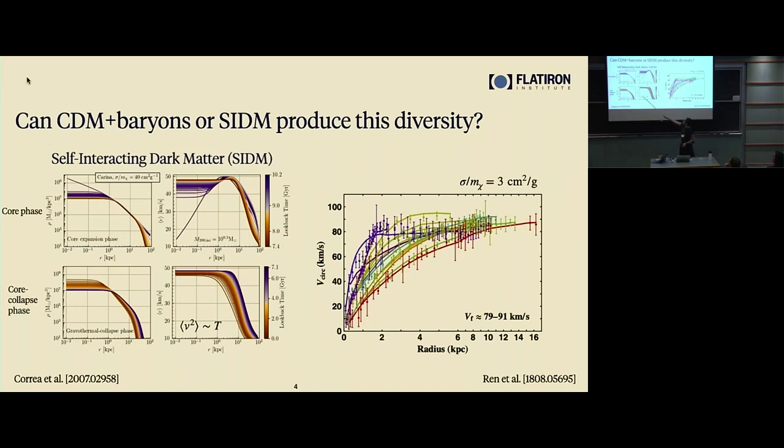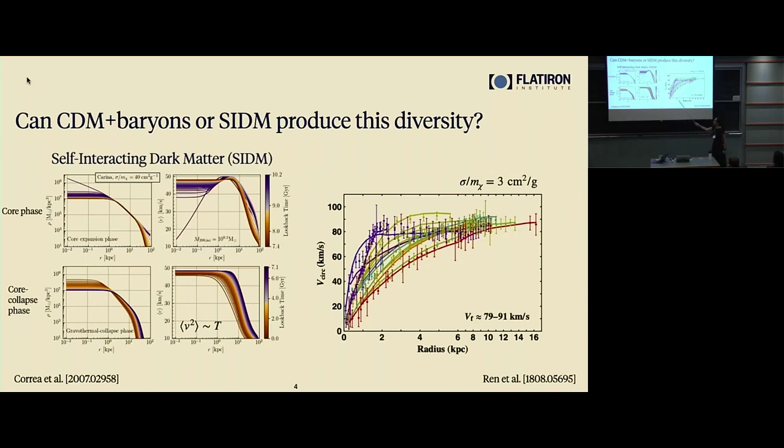So this is velocity dispersion as a function of radius, colored by look-back time. So this purple curve is the earliest time. And so what you see is, as Robin was saying, the self-interactions basically just give a way for the dark matter to exchange energy. So what happens is at early times, the velocity dispersion, which is a proxy for temperature, shows a hot outer halo and a cool inner halo. And the self-interactions give you a way to exchange energy, and they try to bring the distribution into thermal equilibrium, driving the density from something that's cuspy to something that's closer to isothermal.